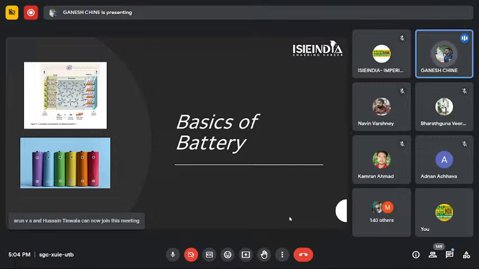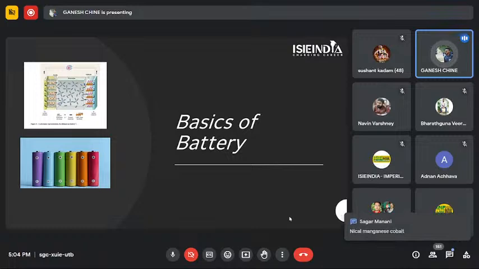Currently, we classify batteries only with respect to their cathode materials, such as NMC batteries, LTO batteries, LFP batteries. From that chemistry, we define the batteries. And the second most important component in battery is